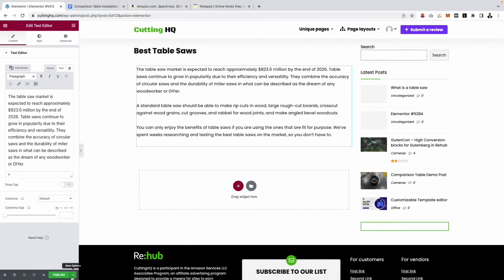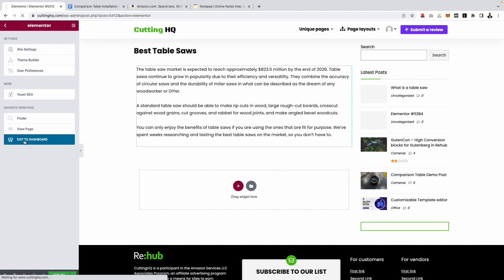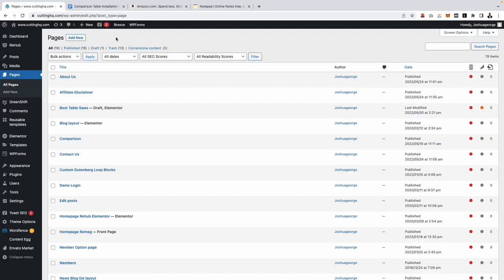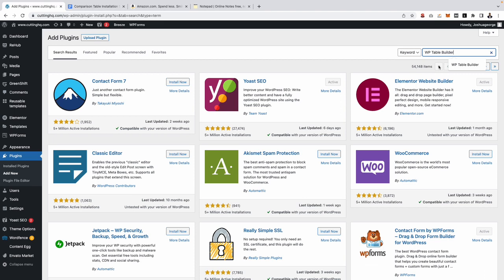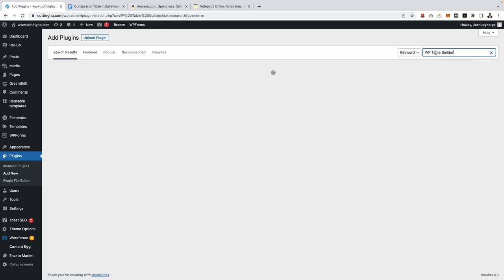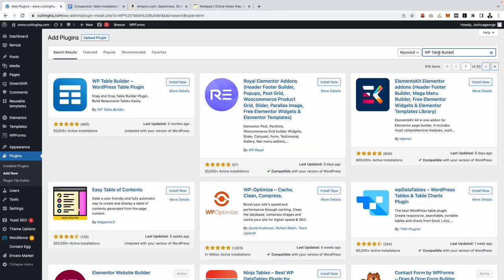So let's just save this as it is at the moment. We'll save this as a draft. Let that save. That's perfect. And let's go back to the WordPress dashboard now. So exit to dashboard. So the first thing you need to do is install the plugin, which is called WordPress Table Builder. So go to plugins and then click add new. And then simply search for WordPress Table Builder like that. WP space table space builder, and then click install now,